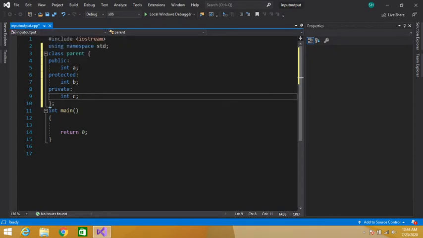Data member A is public, B is protected, and C is private.